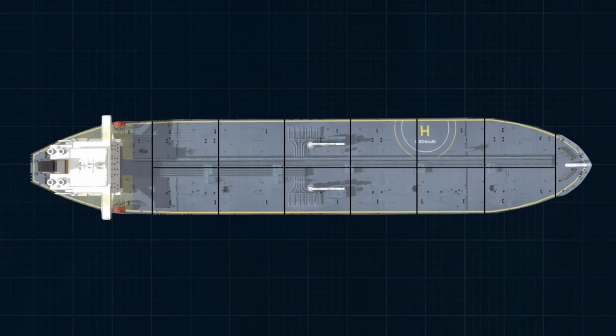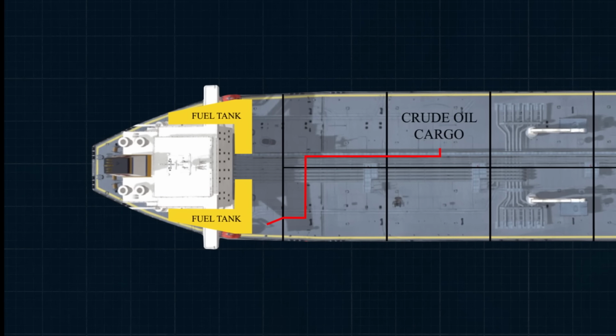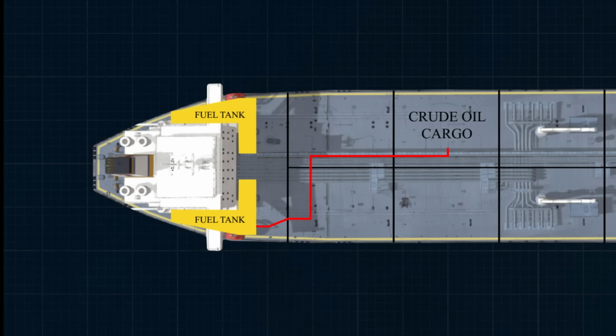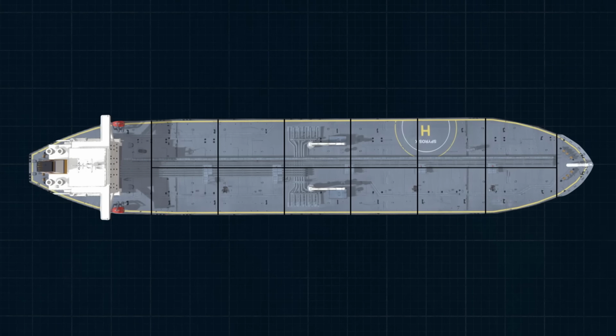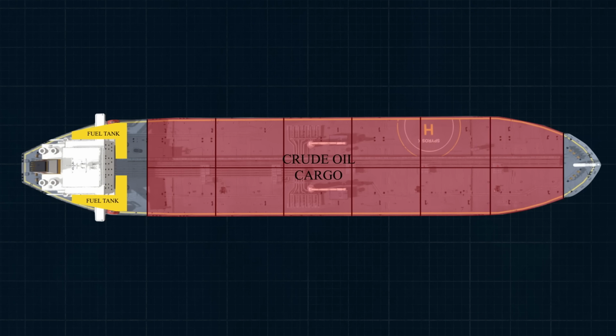Now, someone on Spyros installed a pipe to siphon the crude oil cargo and transfer it into the fuel oil. I don't know who installed this pipe, but the crew were instructed to take some crude cargo oil and top up the bunker fuel. Typically, tankers are built with the crude and fuel oil lines physically separated from one another